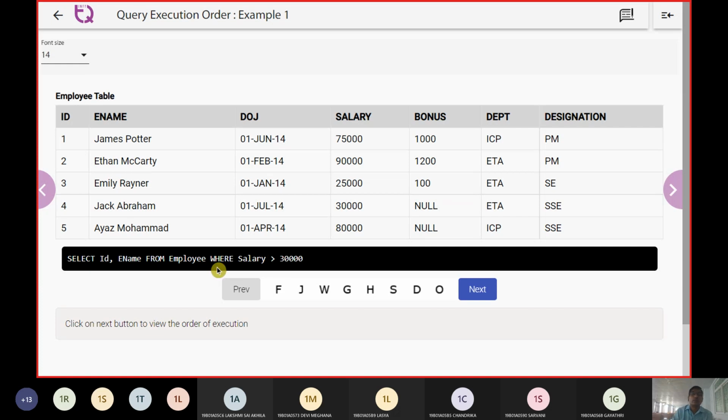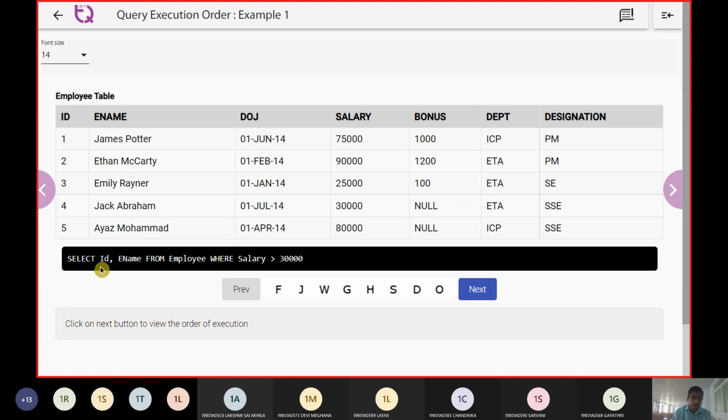The reason is we are going to use this where clause, and thereby it checks with the from clause, and then it moves up to the select clause here. So salary was greater than 30,000. So 30,000 will not be considered, 25,000 will not be considered, and we expect 75,000, 90,000, and 80,000.